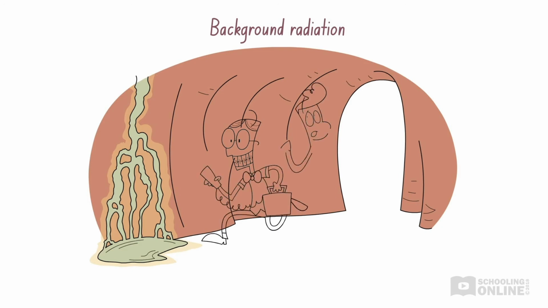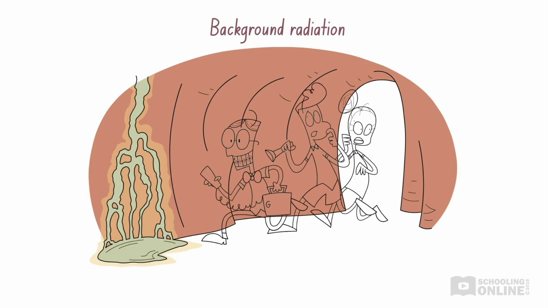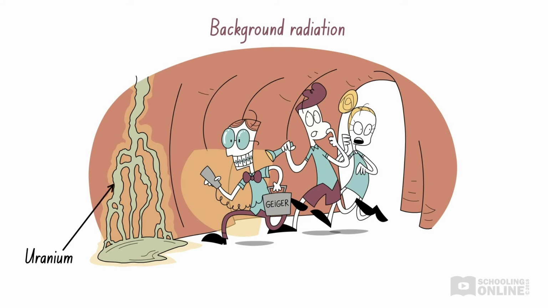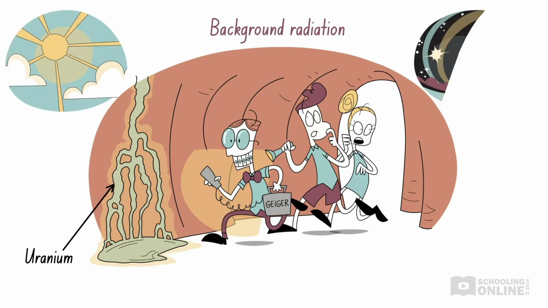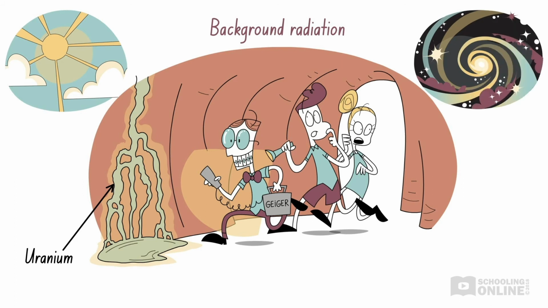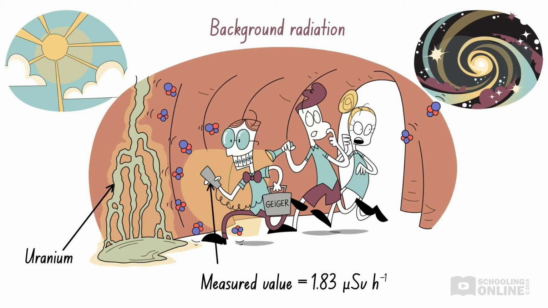Imagine that we are trying to measure the amount of radiation produced by a sample of uranium. But there's a catch. Many objects around us are also radioactive. For instance, radiation originates from the ground, the sun, and outer space. Consequently, we will end up measuring the total amount of radiation from the uranium sample and the surrounding environment. This will lead to a result that is greater than the true value of the radiation emitted by the uranium